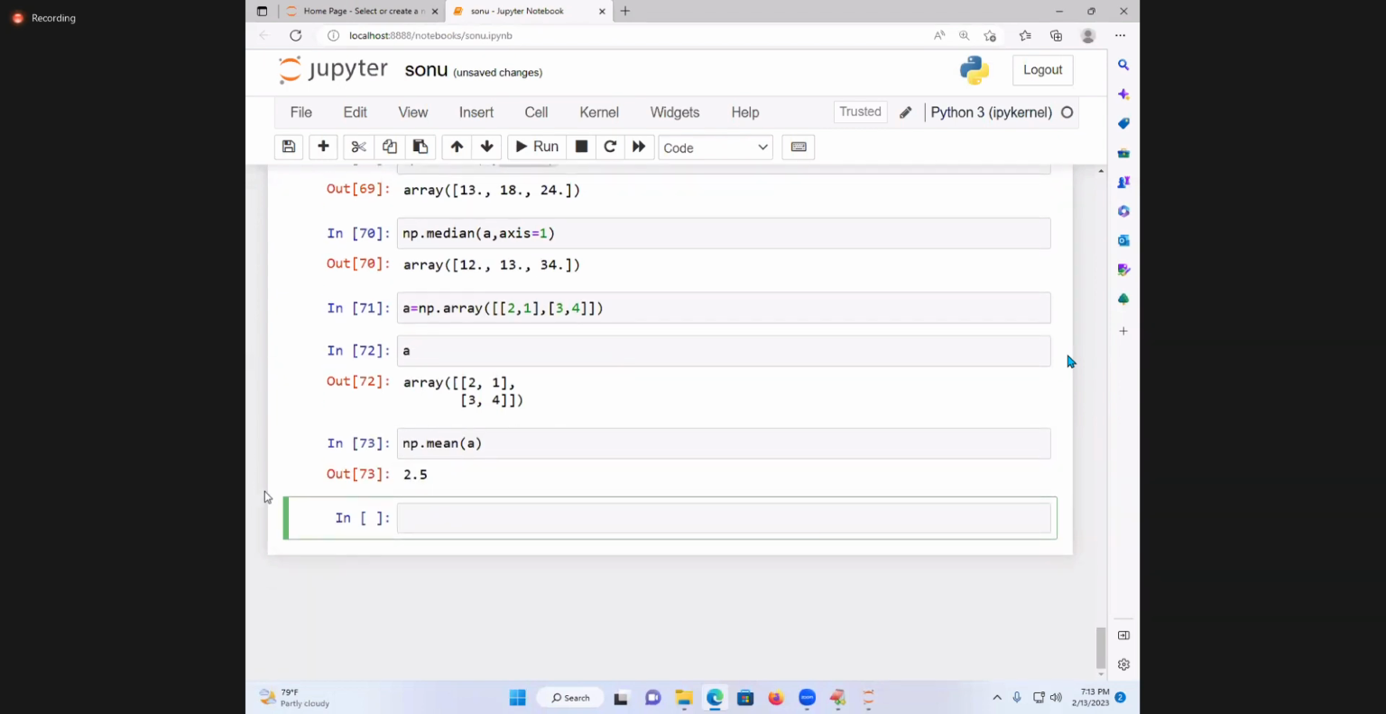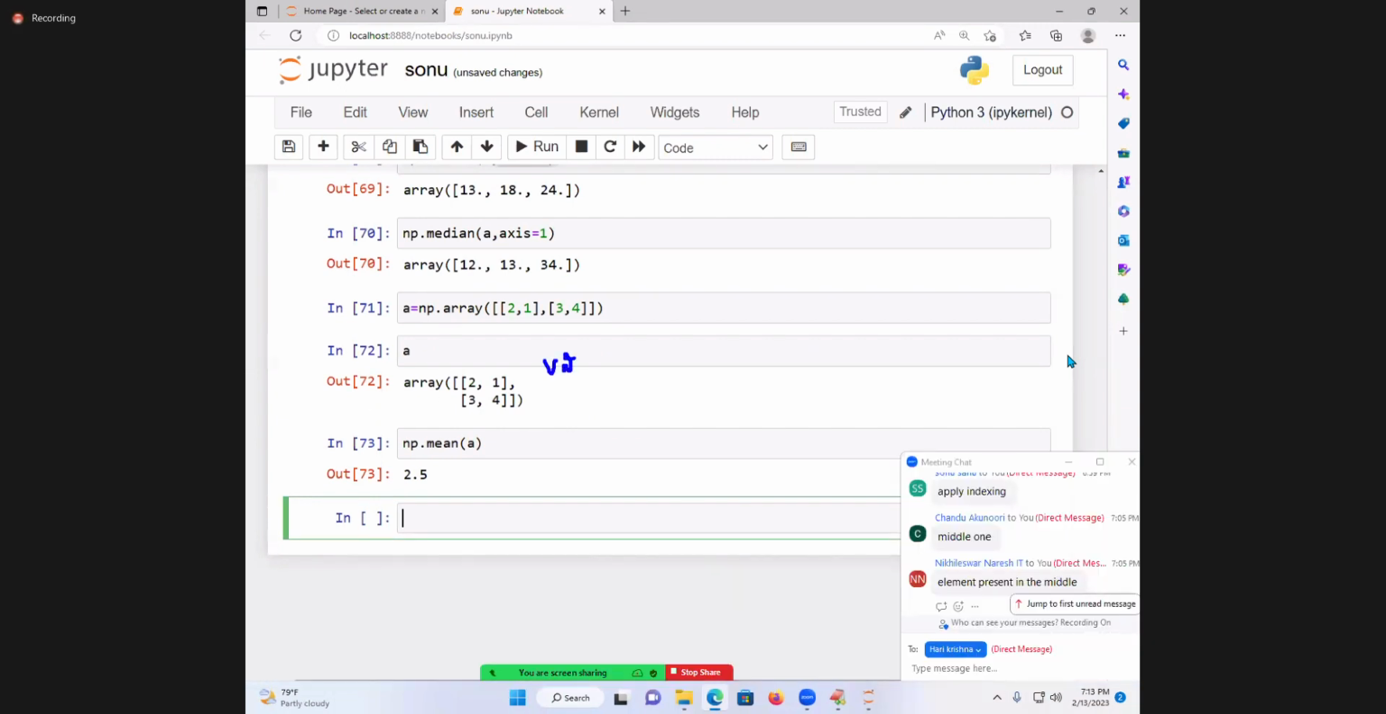Fine students. Now I am going to take it. Variance is equal to, start with the subject of xi. What is my xi? 2. 2 minus 2.5 whole square, plus next one 1 minus 2.5 whole square, plus xi 3 minus 2.5 whole square, plus 4 minus 2.5 whole square, whole by